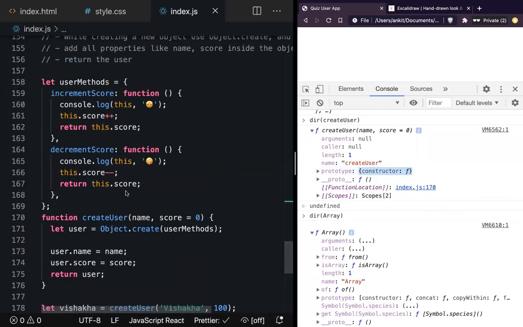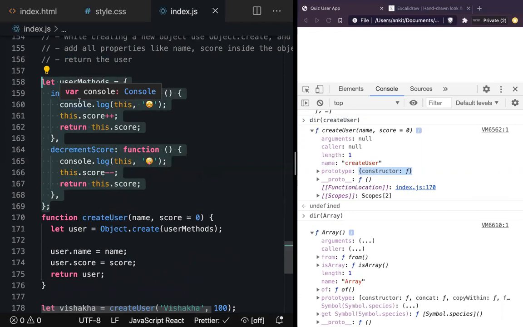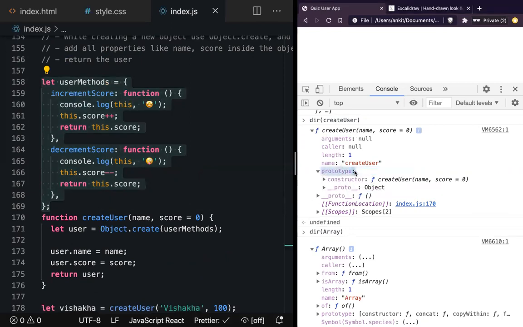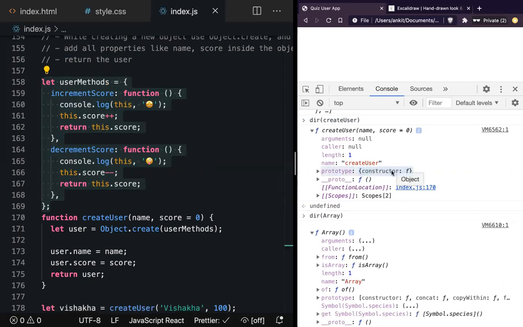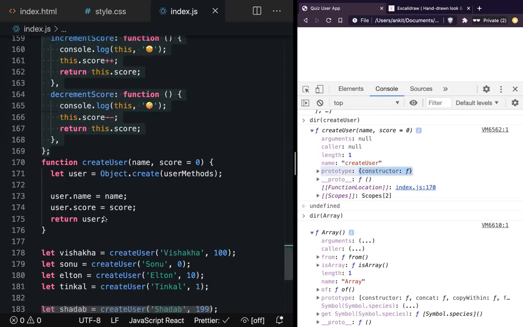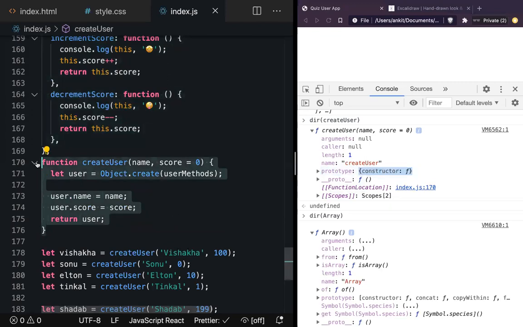So think about it: every function has a pouch where we can keep all the methods that we need. Let me say it again. Every function has a pouch named prototype that is just a blank object. There is constructor or something, but let's consider that it's of no use. You can think of prototype as just a blank object that you can find in every function declaration.